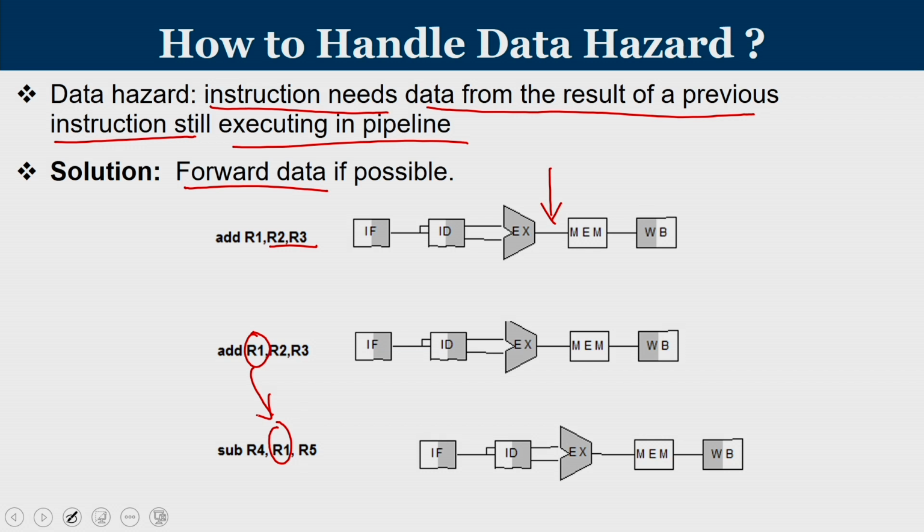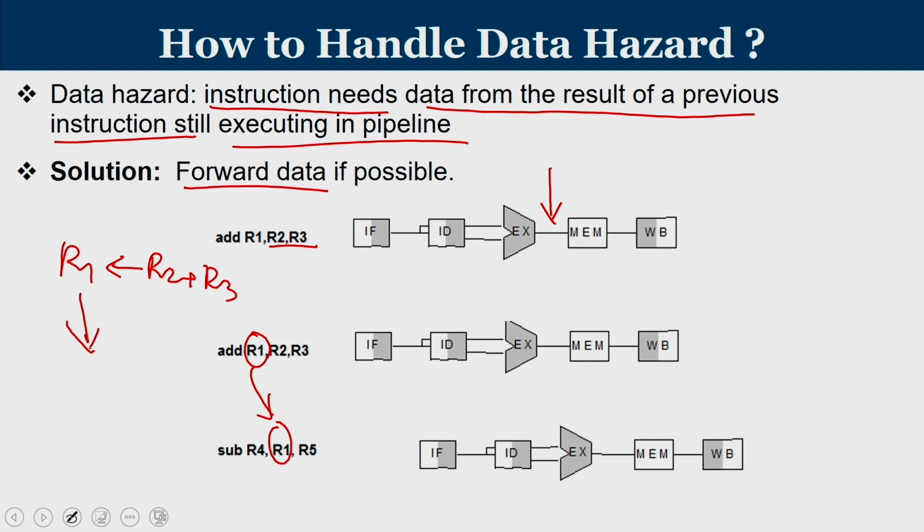Now, it is not the content of R1 that is important to us. We know that the second instruction, sub, is going to start fetching when the first instruction is in the decode stage. Now, do you really want R1? If you carefully look, it is not R1 that is of interest to the subtraction instruction, it is R2 plus R3, which is going to be written into R1. So, the add instruction performs R2 plus R3 and the result is to be written to R1. It is that result which the subtraction instruction wants.